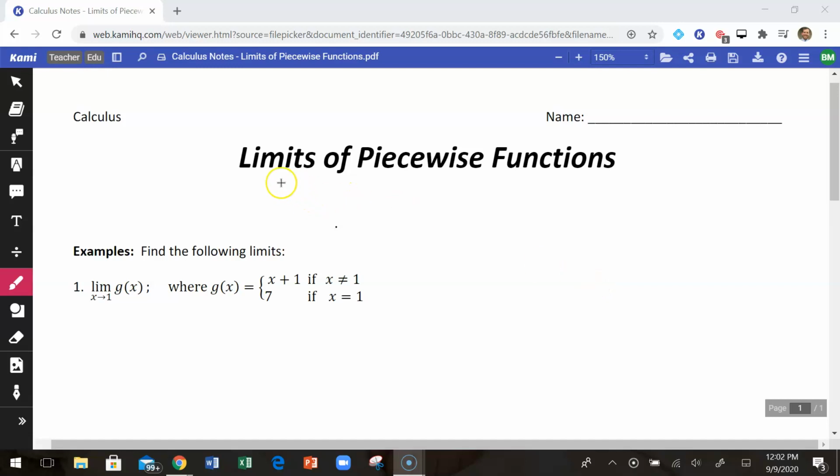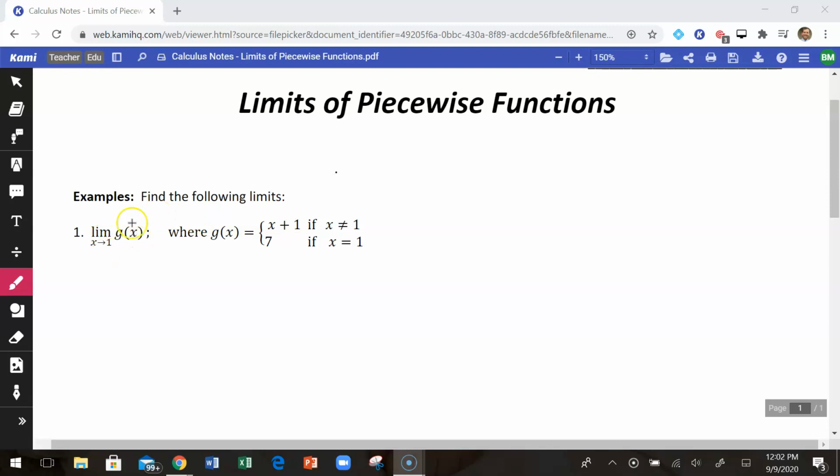Okay, so let's look specifically at limits of piecewise functions. First example here, we want to know what is the limit as x approaches 1 of g of x. And this time our piecewise function g of x is x plus 1 if x does not equal 1, and 7 if x does equal 1. So, if your conditions for your piecewise function are of the form if x doesn't equal a specific number and then if x does equal that specific number, the way that affects your limit